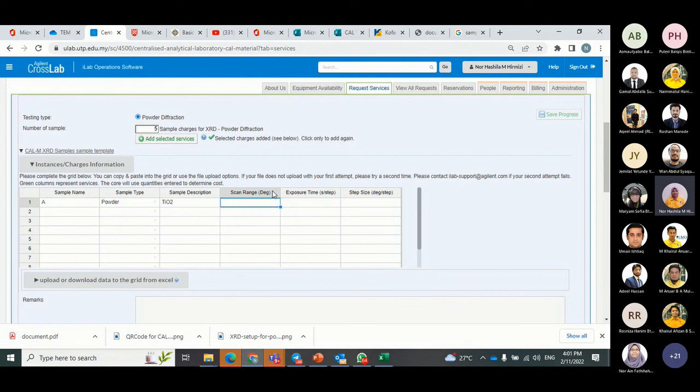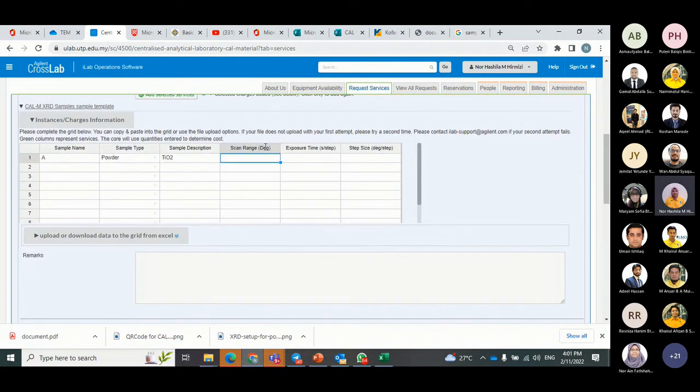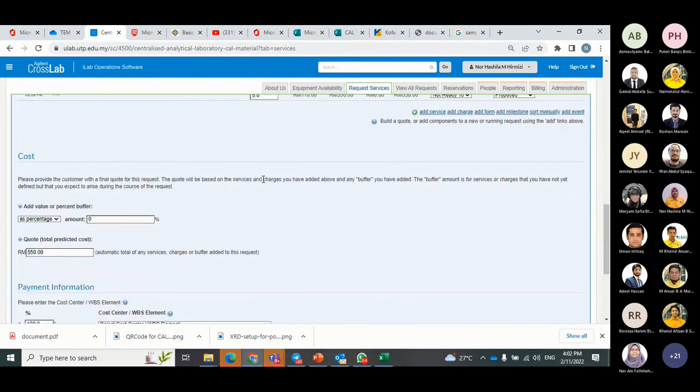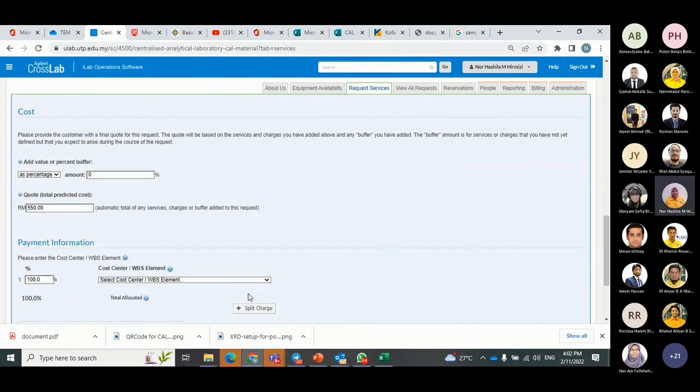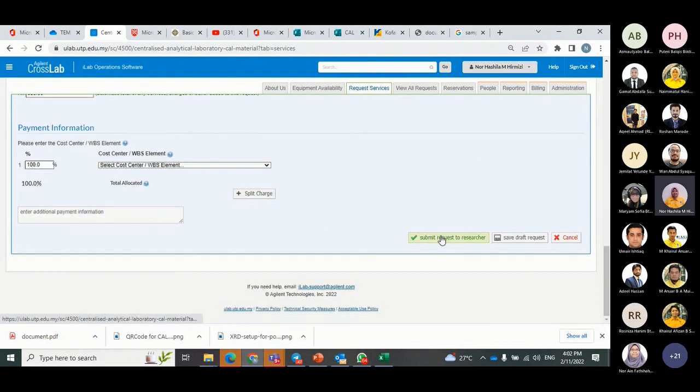The exposure time is not really crucial. If, let's say, the percentage of your compound is very small, then we need to increase the exposure time per step in order for you to get better intensity. Okay, after that you need to select the cost center,